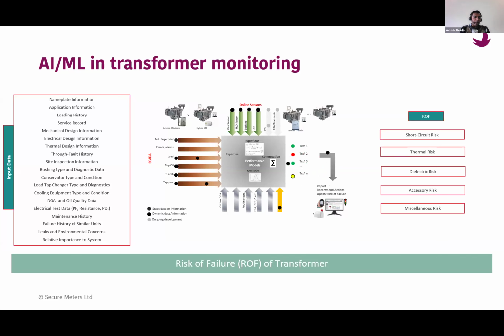If I have online sensors put inside, connected to the transformer, I'm collecting different parameter information. Voltage and current, of course, I get using the CTs and VTs, but if I can get the oil information, and break it down, what is the moisture level, what is the dielectric strength remaining of the oil, and things like that, then I should be able to predict better, and I should be able to prioritize better.